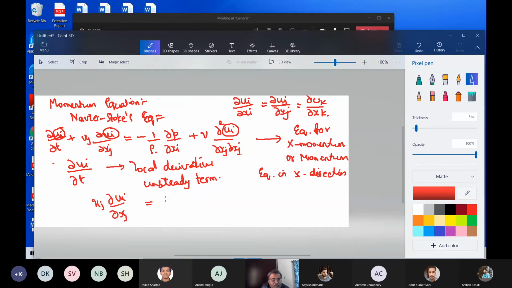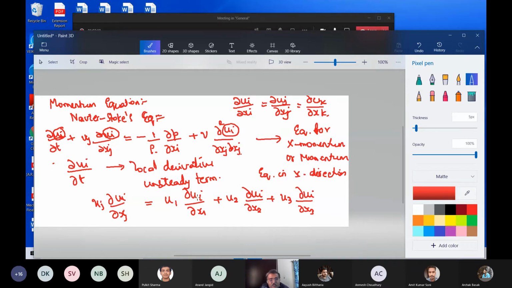Now this is equal to, as I have told you, these j and j are dummy indices, but i is not a part of that. I'll tell you how this is expanded, then it should be clear to you. This thing is a little confusing. I don't know how many of you are getting confused, but usually in the class I see at least half the class get confused and the other half figure it out pretty fast. So u1 ∂ui/∂x1 plus u2 ∂ui/∂x2 plus u3 ∂ui/∂x3. What it means is that this ui is not compromised in any way.